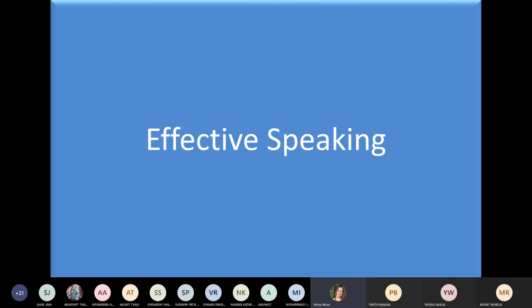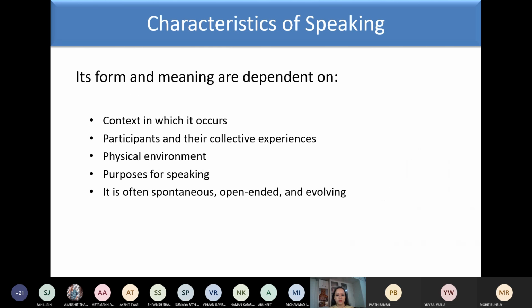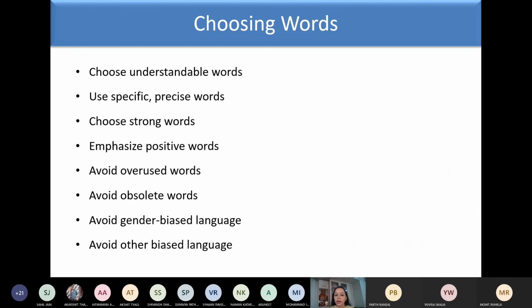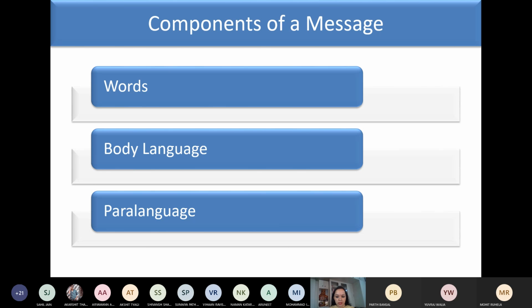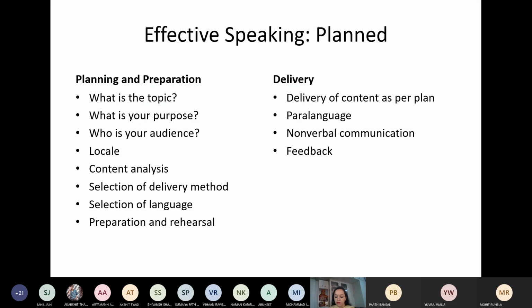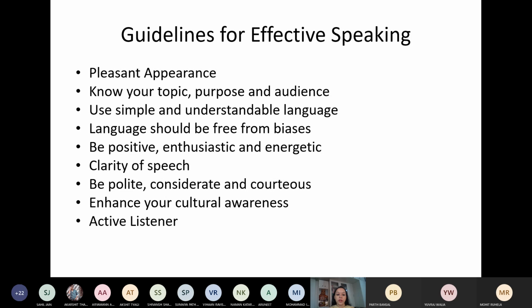Discussing effective speaking briefly. Today I'm going to wind up this topic with you and move over to the next aspect where speaking skills are very, very important. That is your visual presentation and presentation skills. So we're going to cover visual presentation as part of your topic of presentation skills itself.